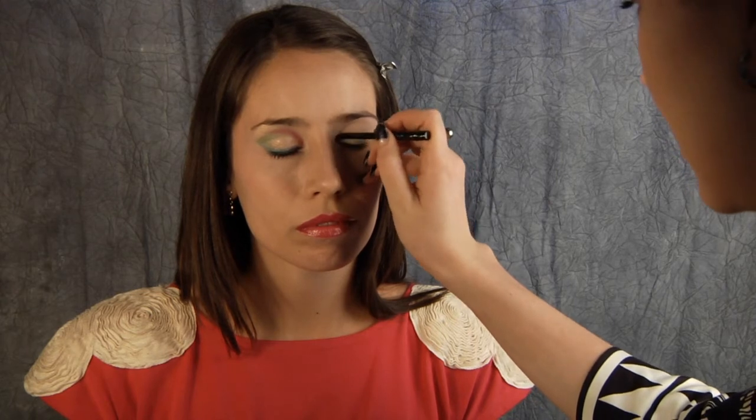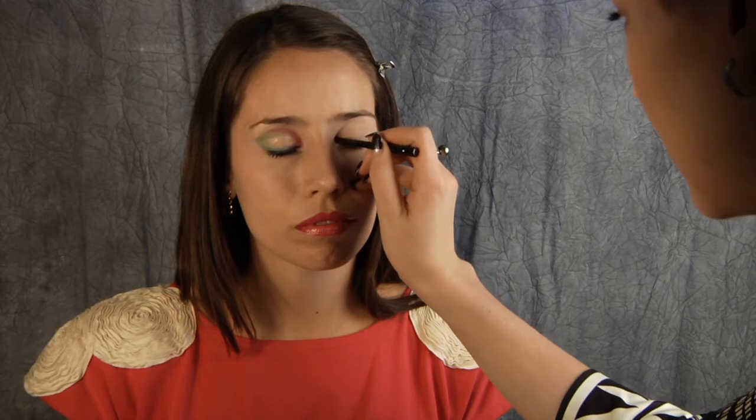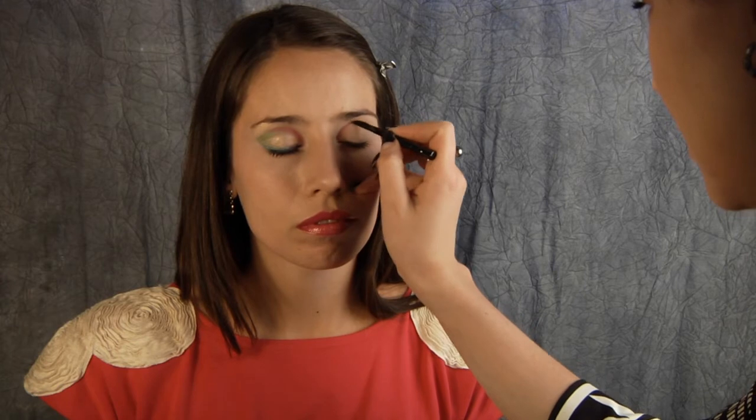Alright, next I'm going to start working with my eyeshadows wet because it's going to give me more of an intense look. So I'm using my lip brush, and I just dipped it in water so it's a little bit wet, and I'm going to start off by using my pink eyeshadow in Pinked from the quad. And I'm going to start with the inner corner of the eye. And I'm going to use it kind of in a way I would use eyeliner. Just go up into the crease